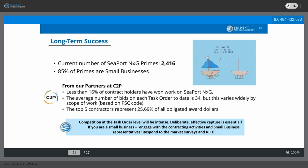If you are a small business, you absolutely have to engage with the contracting activities and the small business representatives. And that includes responding to the market surveys and the RFIs. We already talked about how every task order solicitation goes before that small business office, and they ask, is anybody qualified to do this? If they send out a market survey and you don't reply to it, and you're a